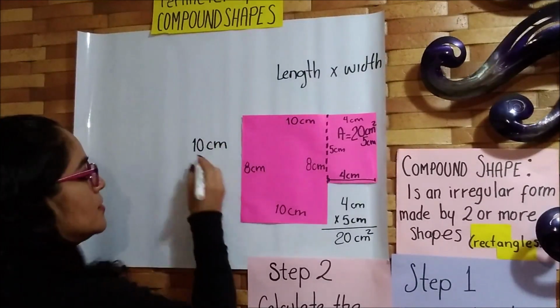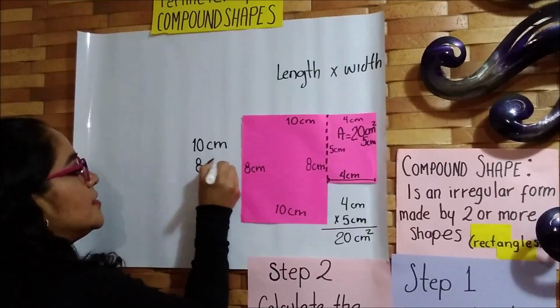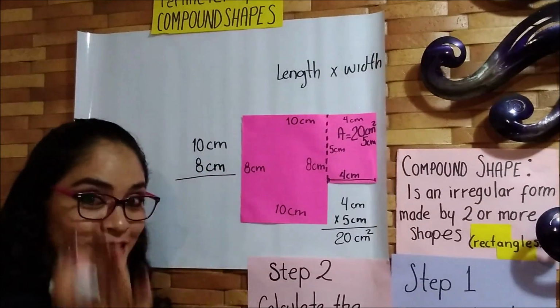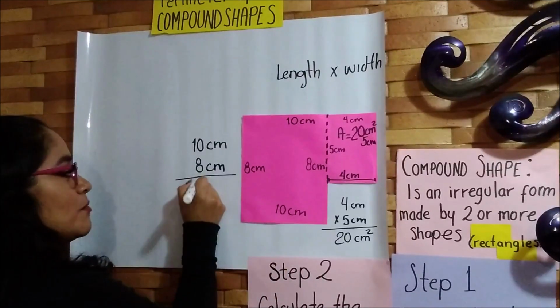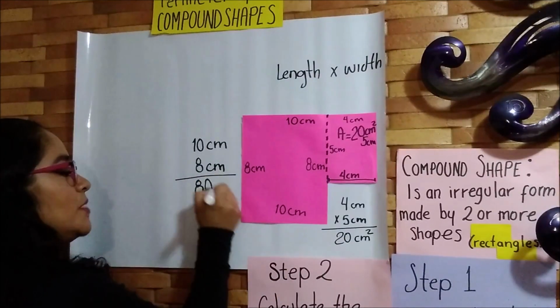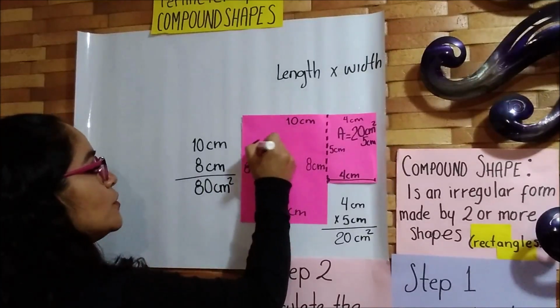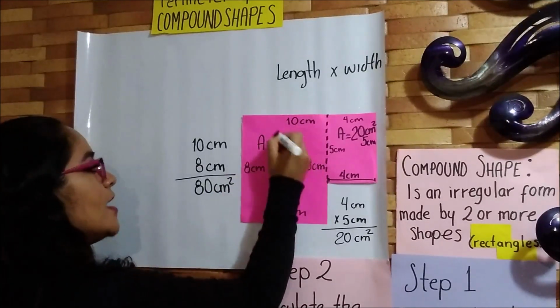Width 8 centimeters. Remember, when we're multiplying by 10, we just add a 0 to the multiplying unit. So it's going to be 80 centimeters squared. So we're going to add it. Area equals